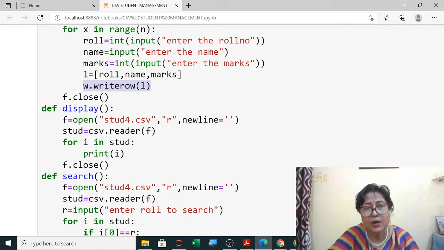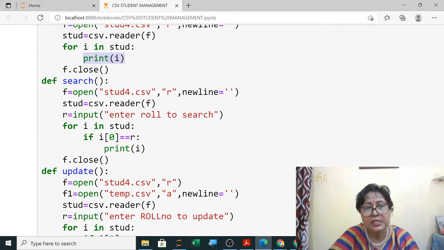For showing the output, we will open it in read mode, and then using the reader function we will read the content. A for loop we will use, and one by one we will display. Then for search, same thing, we will open in read mode. Using the reader function we will read it.